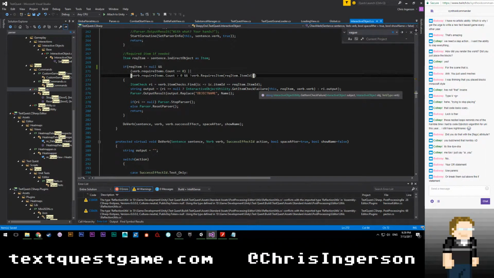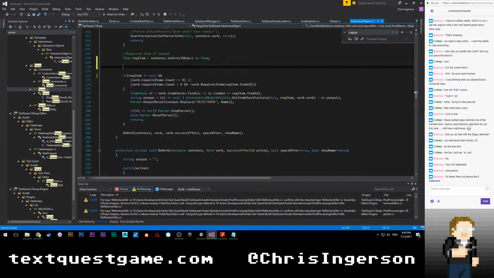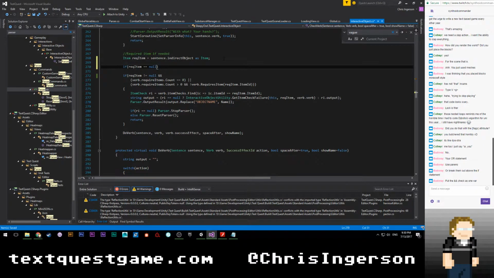So yeah, I might actually have just another check right here that says if rec item is equal to null. Geez, that is super.